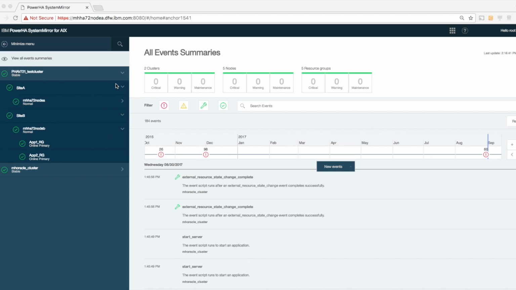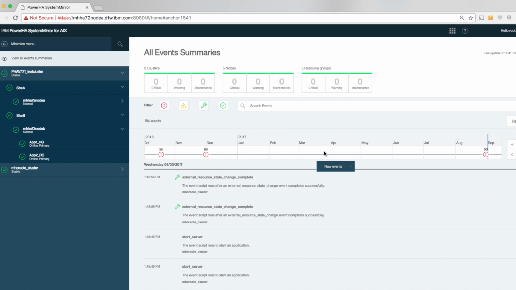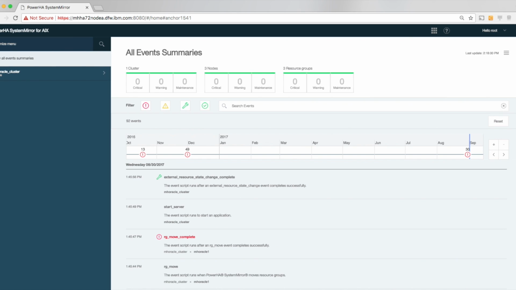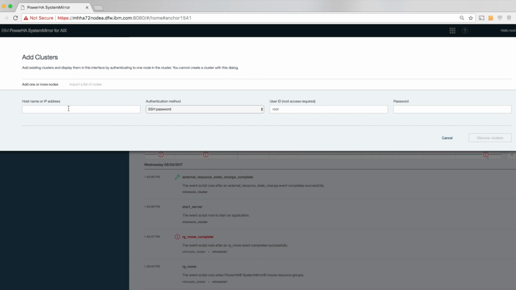The last piece that I thought might be interesting to show you is removing the cluster. I didn't show you me adding the cluster into the actual config, but if I wanted to just remove it, this is just a view-only user interface. So I'm not hurting anything by doing a delete of the cluster configuration. I can go ahead and take them out, and I still have viewability to my original 3-node cluster. So 2 nodes sitting on site 1, 1 node sitting on site 2. And if I did want to pick them up again, I can come in